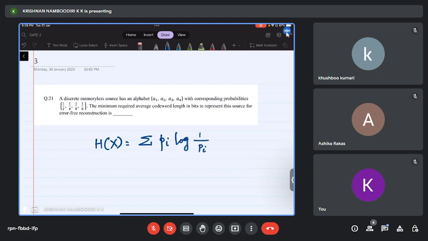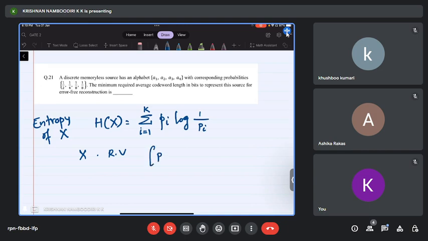So what is this expression? That also you need to know. H of x equal to summation i equal to 1 to k, p_i log 1 by p_i. This is nothing but the entropy of a random variable capital X. So what is X? X is a random variable which has a probability mass function p1, p2 up to